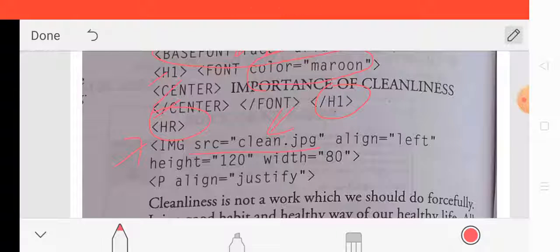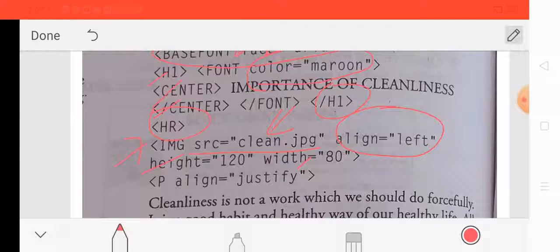We can clearly see that the image is left aligned, so we use align equal to left here. We also set height and width accordingly, because the height and width of the image are very small.